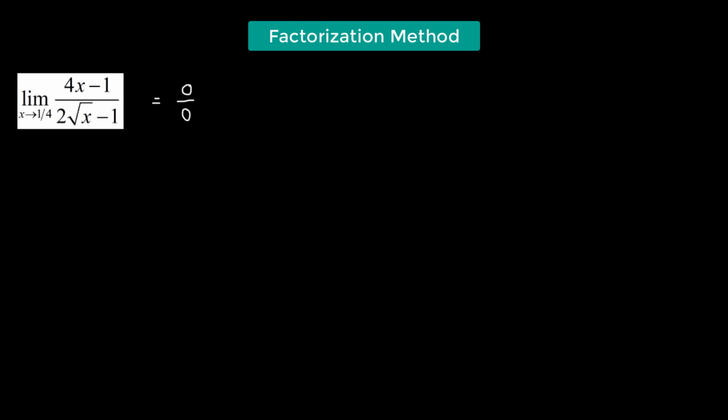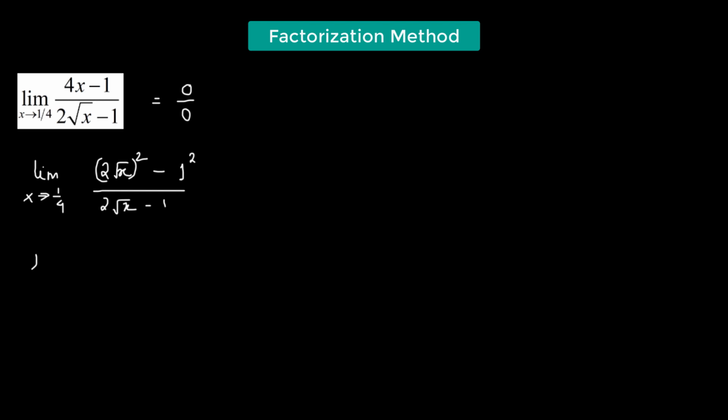Now what we're going to do, we're going to factorize the numerator first. So let's begin with that. So we have limit x going to 1/4. So this 4x can be rewritten as (2 times the square root of x) whole squared, because squaring 2 root x is going to give us 4x. Minus 1 can be rewritten as 1 squared, divided by 2 root x